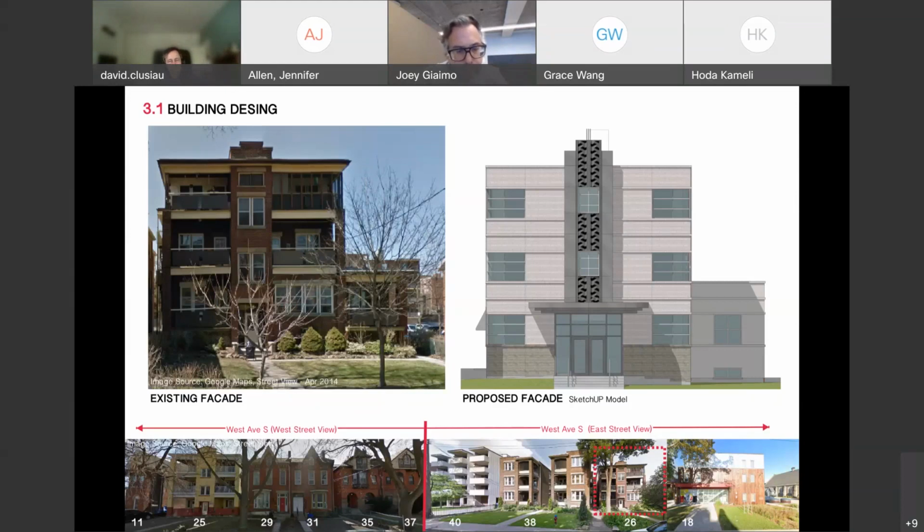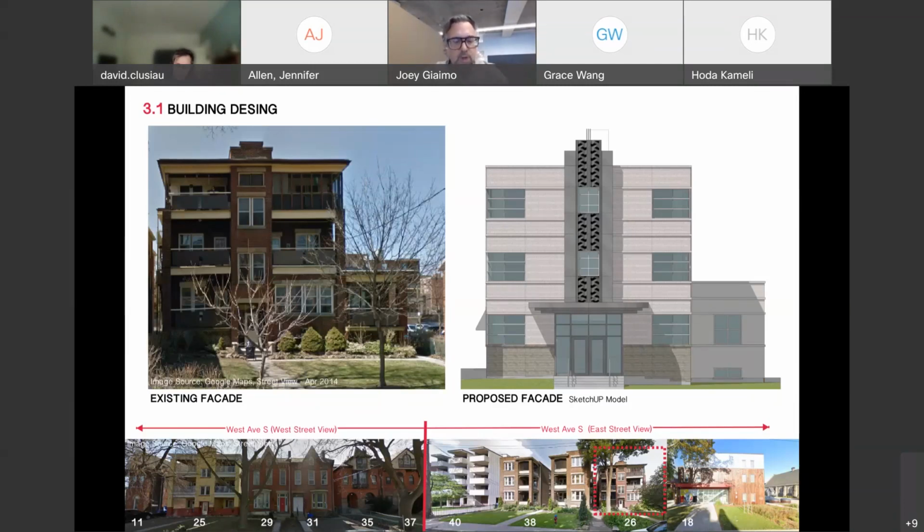I didn't write the comments, but looking at them, they were hesitant about the front addition and had some concerns with the building materials and maintaining the character of the early 20th century apartment walk-up buildings. Okay, yeah, thank you.